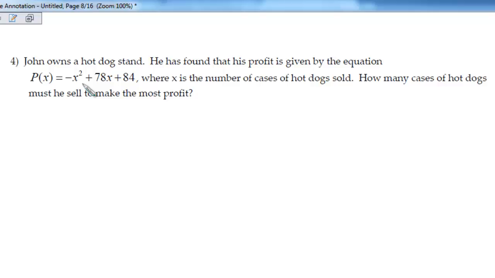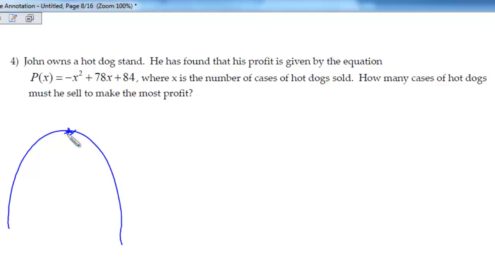And so since the leading coefficient, or the coefficient on x squared, is negative, that lets us know that this parabola is going to open downward. It's going to look kind of like this, the shape in general. If that was a positive x squared, then it would open upward. But because we're going to have a vertex that's up here, that lets us know that this is going to